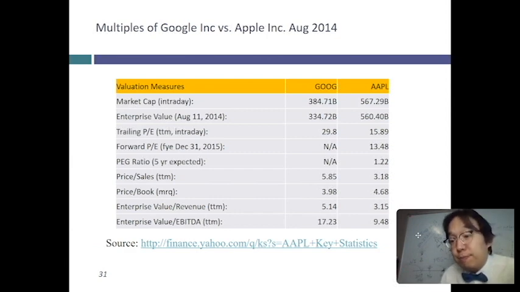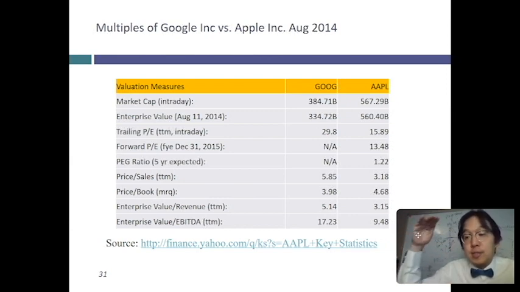Why don't we use the PE ratio? Isn't it just simple and easy? Yes, you're right, but as I said before, sometimes companies have negative net income, which is a loss. You cannot use PE ratios, because a negative PE ratio doesn't mean anything. So in that case, you'll have to go up the ladder of the income statement. For example, instead of net income, you may use operating earnings, because operating earnings are less likely to be negative. But in some cases, you have negative operating earnings.